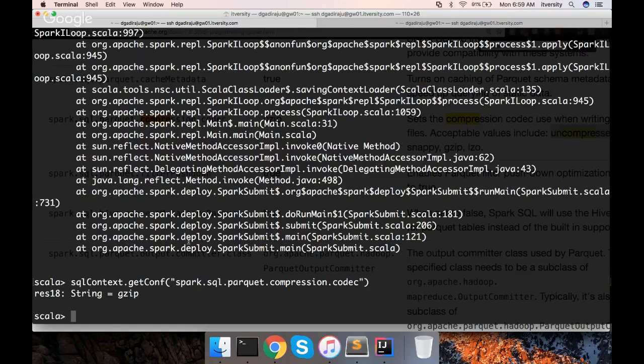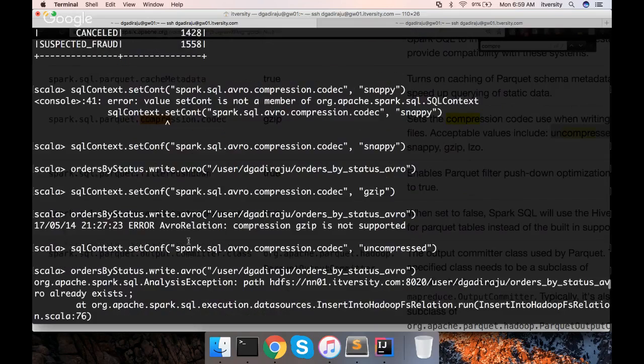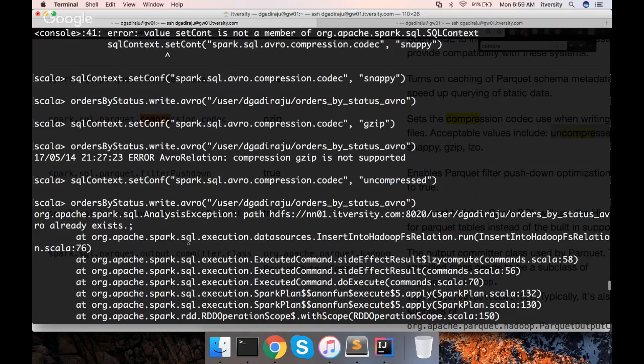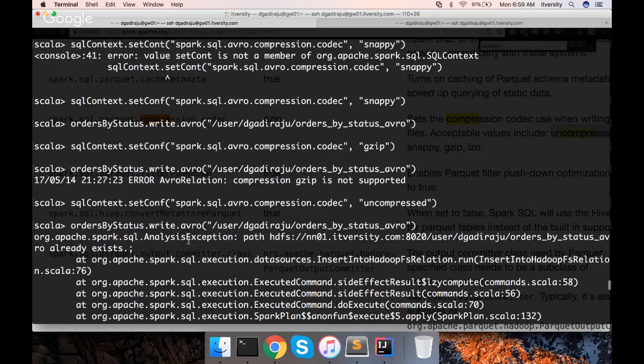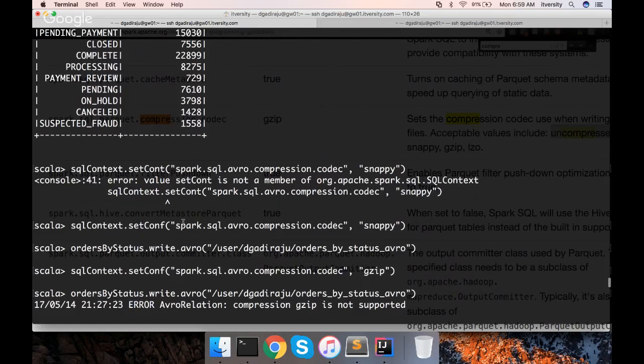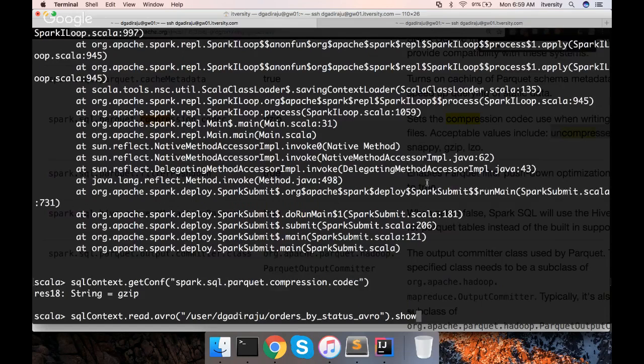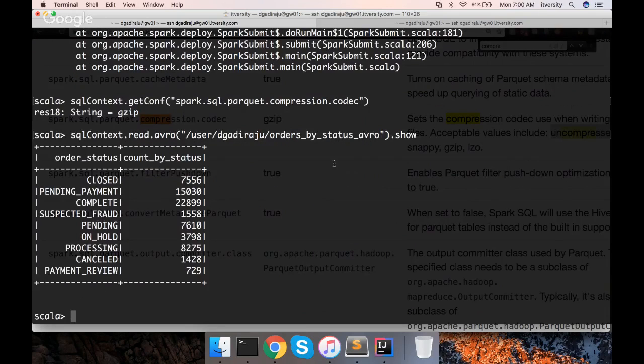Okay, so now data is compressed, and if you want to read the data, you don't need to do anything else. As long as the underlying compression algorithm is supported and the underlying file format is in line with the file format you are trying to read, in this case it is Avro, we are good to go. We can just use this same command on both uncompressed data or compressed data, as long as the data is in the Avro file format in this case. Okay, so this is how you can play with compression also on top of the file formats.